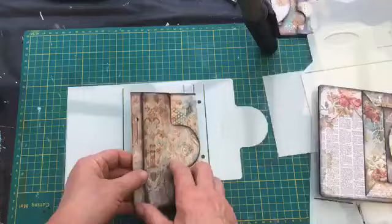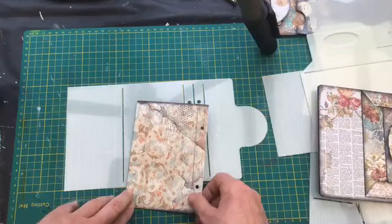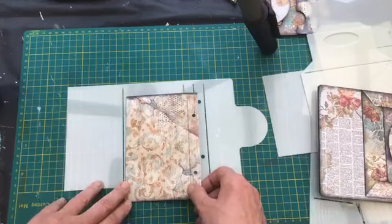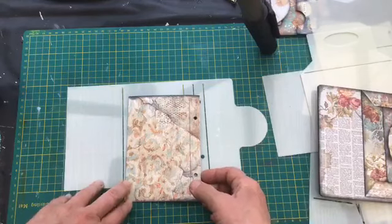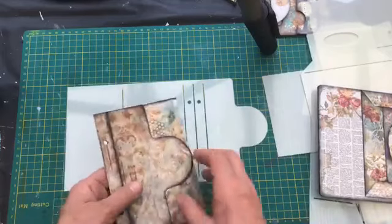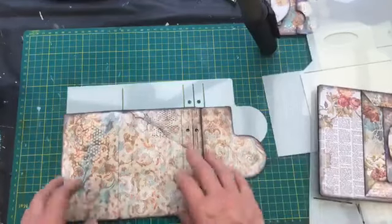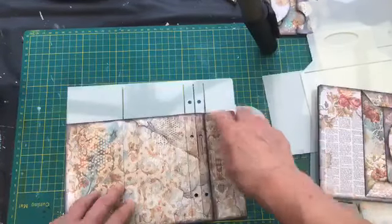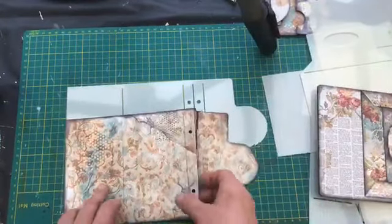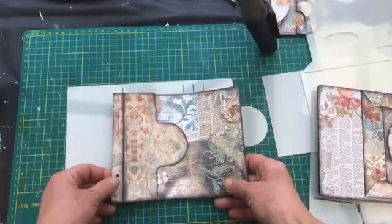but you don't actually have to use double-sided papers. Again, I will do a live at some point to explain how you can utilise the templates without double-sided papers, and actually you do create what I think is slightly stiffer pages, which might be what you want anyway. So basically what we've done here is we've just cut round this particular template, and where you've got these lines there, then your score lines, and then these holes here,